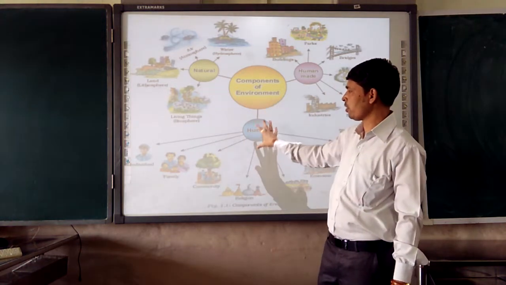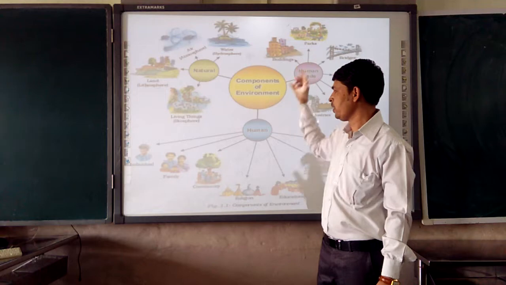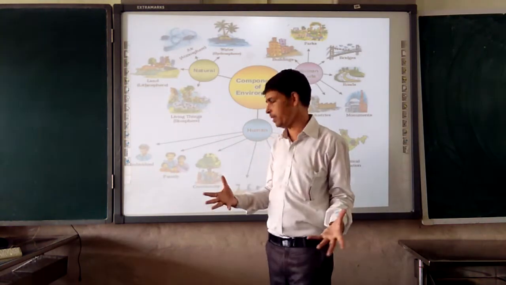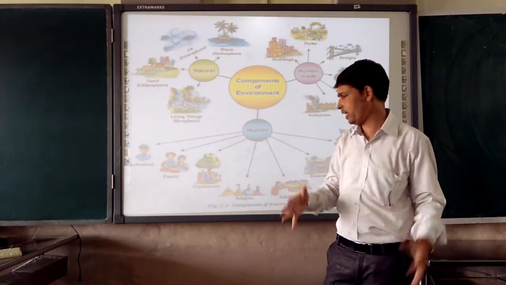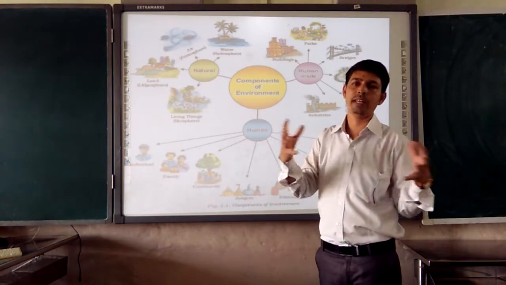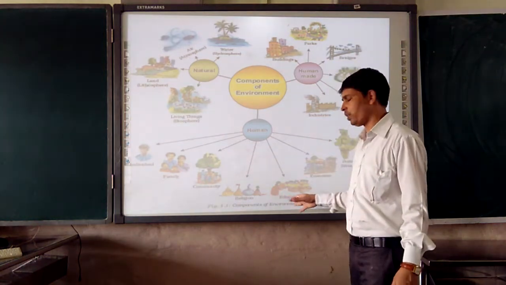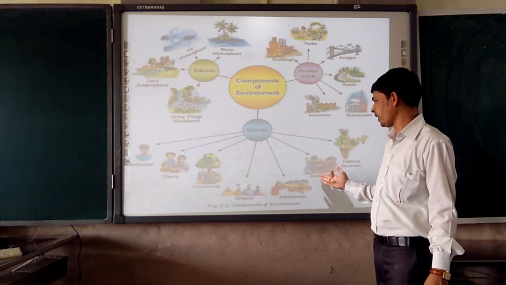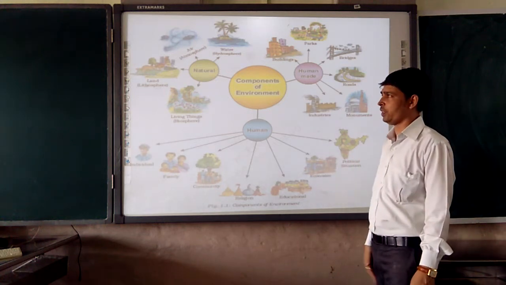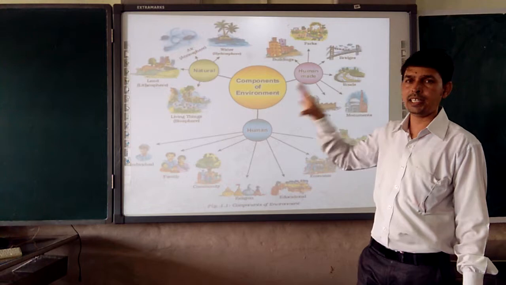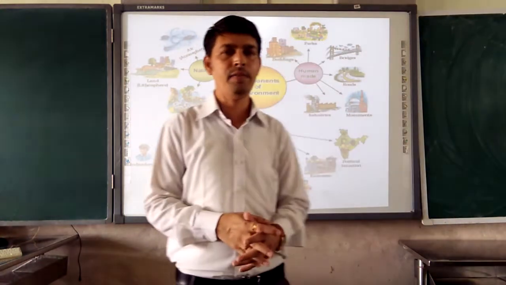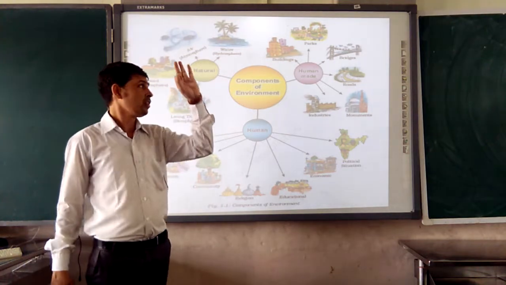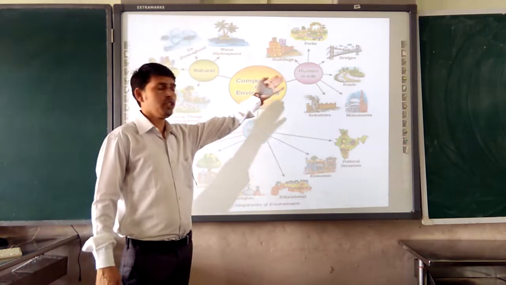Moving further to discuss the human. In that, human is also one of the components of environment. In human, we have the individual, family, our family members, and the community, our whole society, and religion, our different religions. Then our education system, all our education. Next, moving further, our economy and political situation. By seeing this, you can understand what the components of environment are. So the components of environment are three: natural, human, human-made.